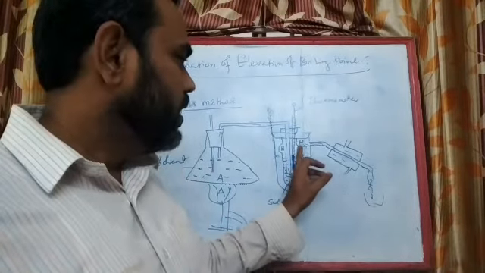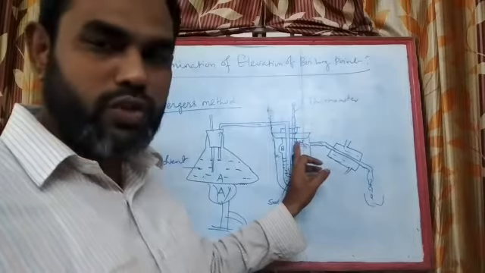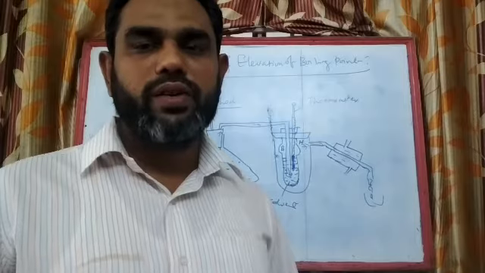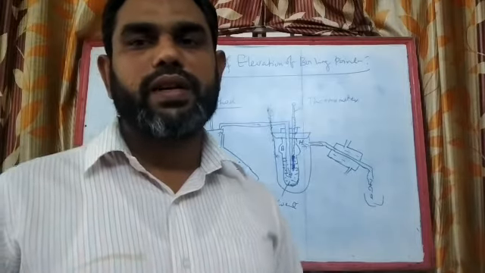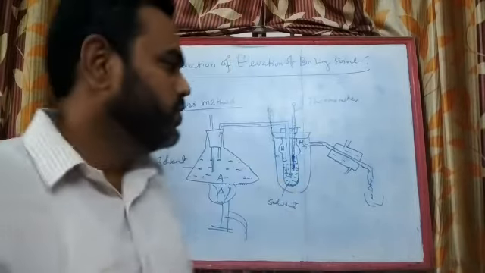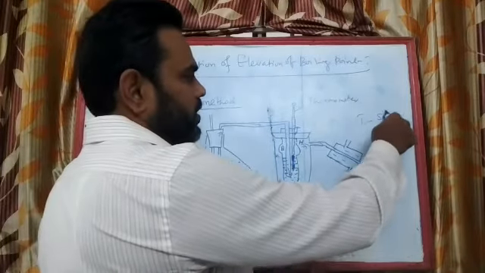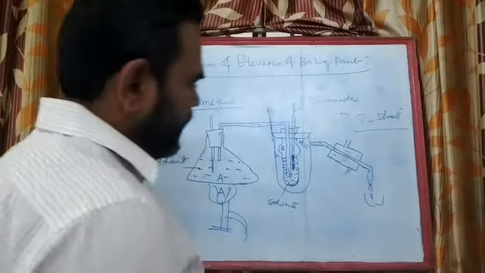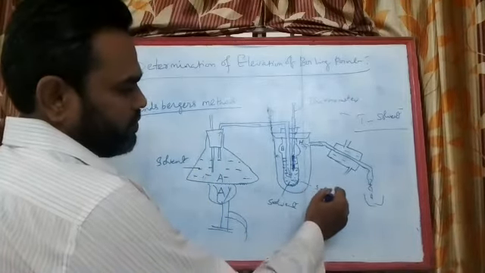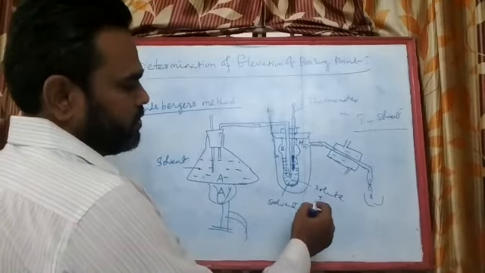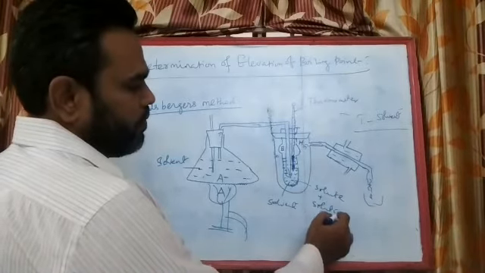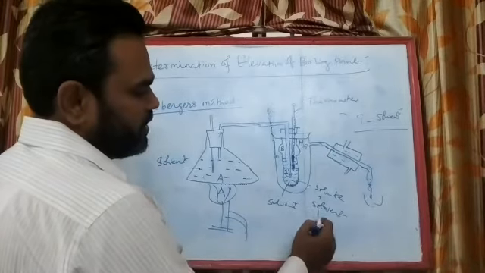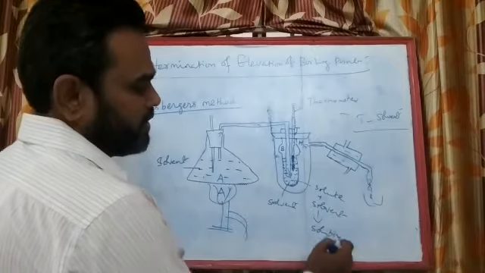Once the solution boils, vapors will come out through the small orifice H. So this is the first stage. You find out the boiling point of a particular solvent, that is T, the solvent. Then add a little amount of solute into the solvent. So now it becomes solute plus solvent, becomes a solution. You get a solution here.